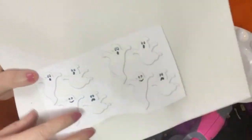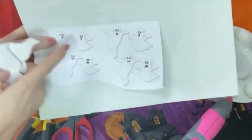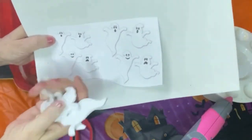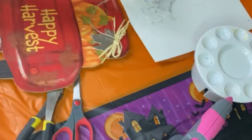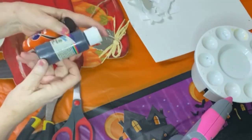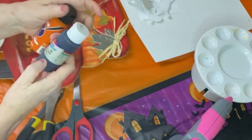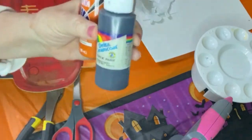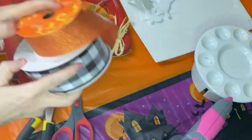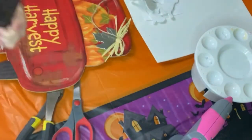I found these ghosts online and I just printed them off and I'm cutting them out with foam board. The paint I used was Delta Cream Coat in Payne's Gray and Anita's acrylic craft paint in Pumpkin. These ribbons I got at Michael's, and you'll need some box cutters to cut out the ghosts, and of course